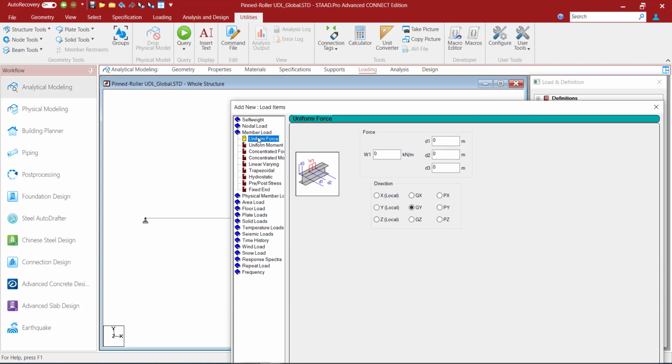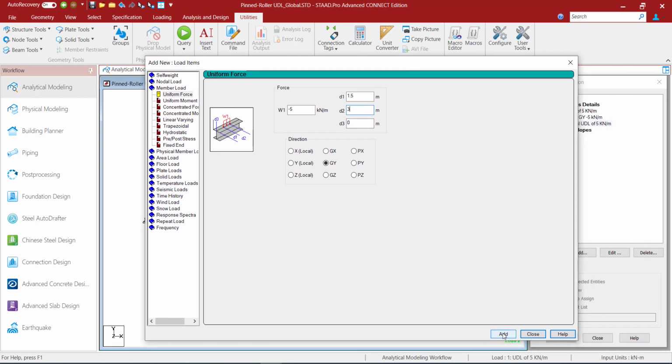Again, we go to the member load and click on the uniform force. We define the direction as GY. The magnitude would be -5. Now we would define D1 as 1.5 meter, as I had just explained, and D2 as 3 meters, and we would add